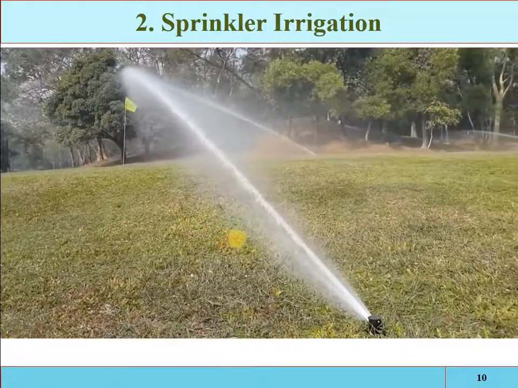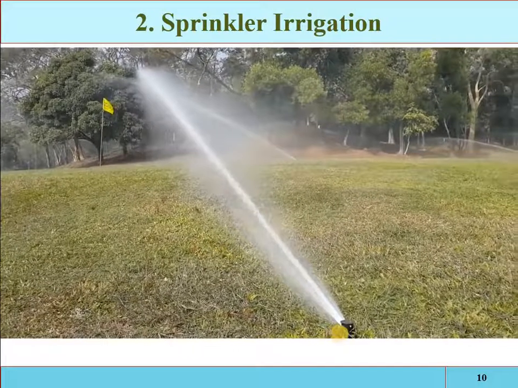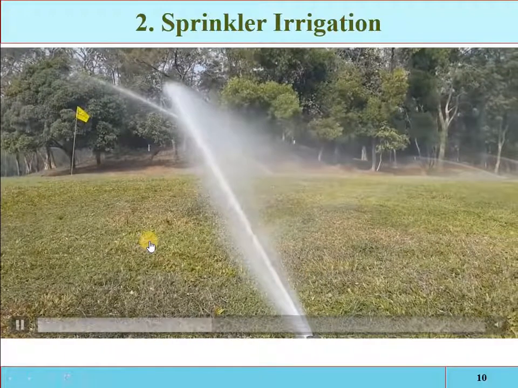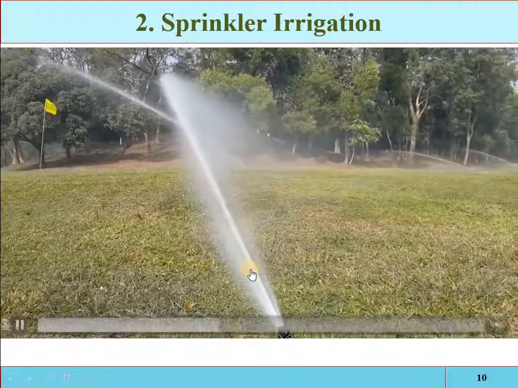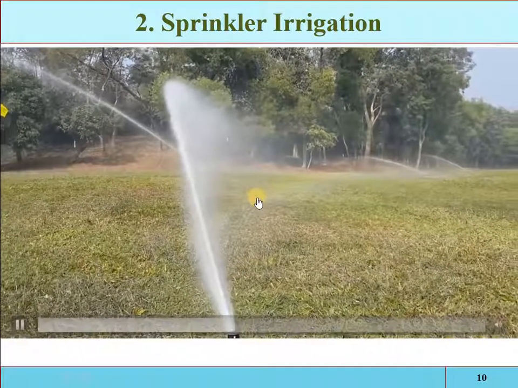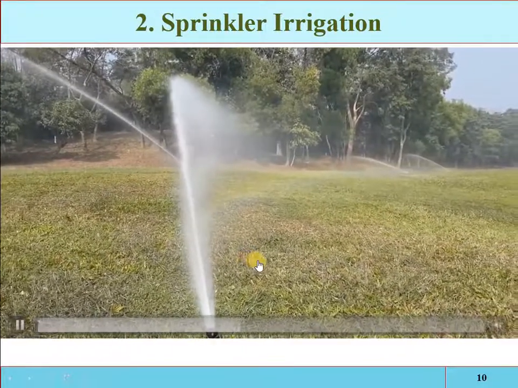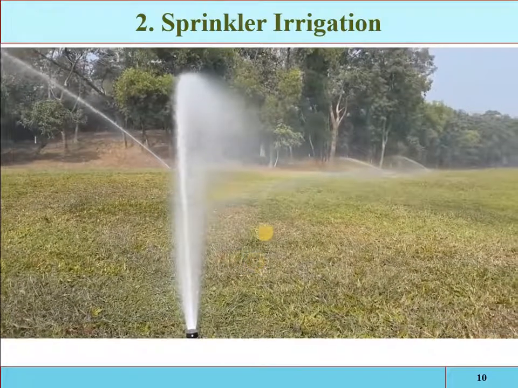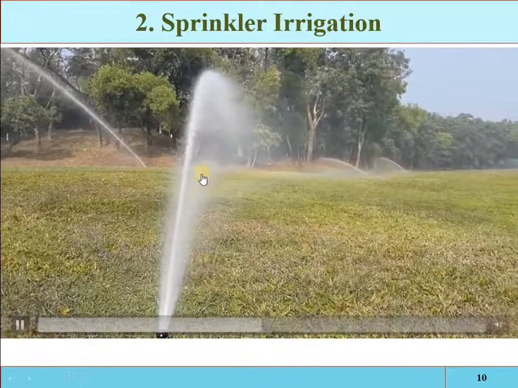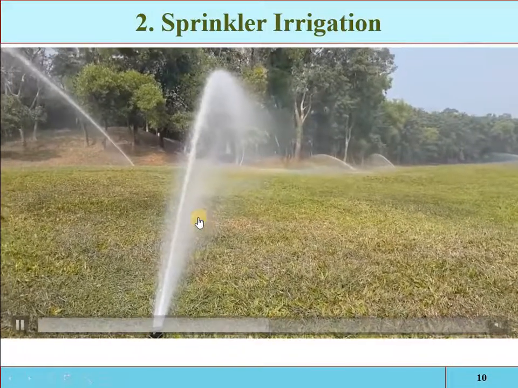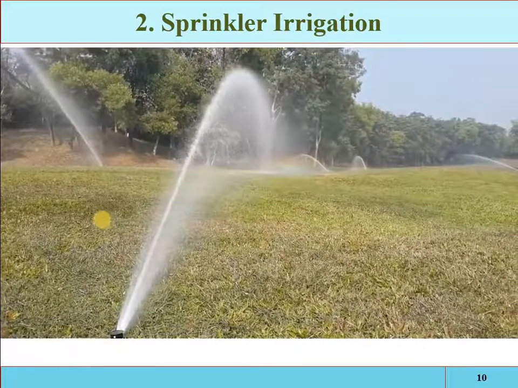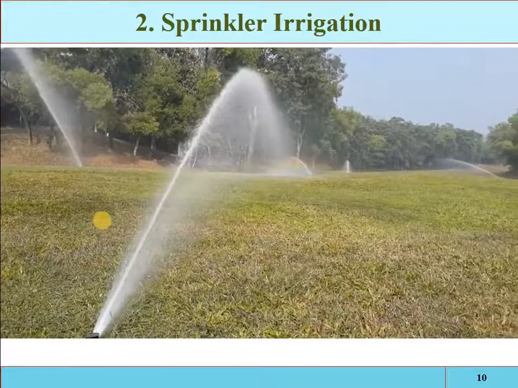That discharge Q is equal to the spacing between the sprinklers along the lateral multiplied by the spacing between the laterals multiplied by the intake rate. So the water which you are applying to the area will be properly infiltrated. And here you can see that the pattern is disturbed by the wind speed. If the wind speed is high in an area, then the application of water will be irregular and the uniformity of the water will be disturbed.